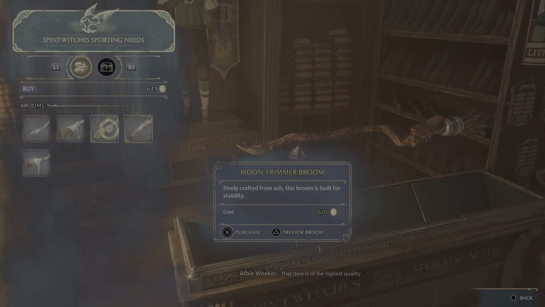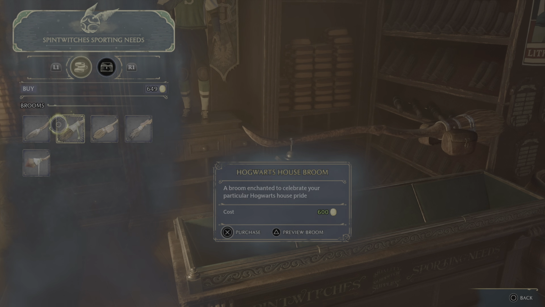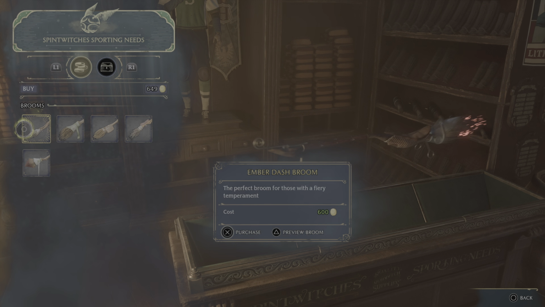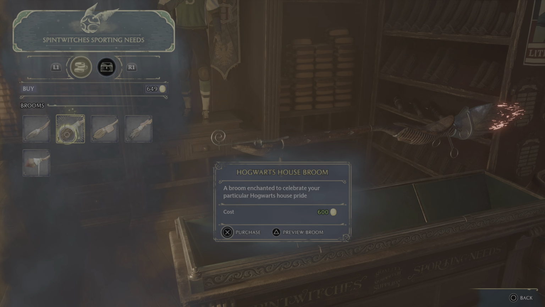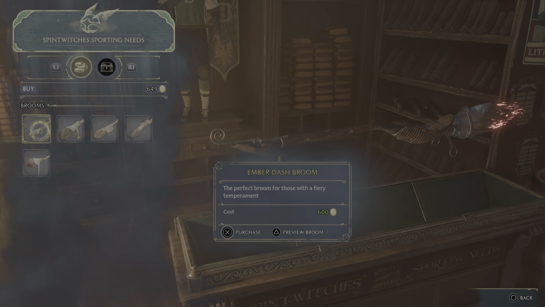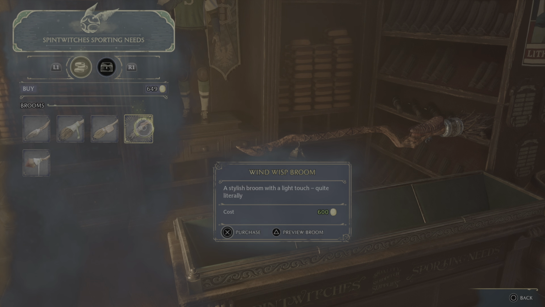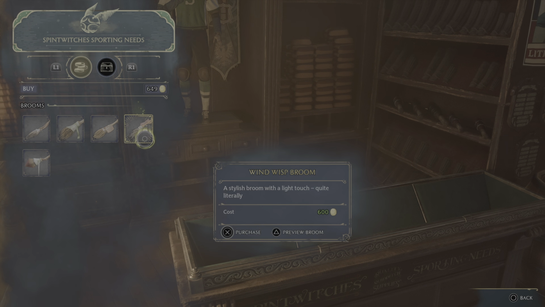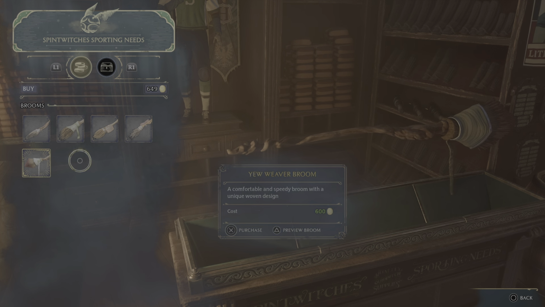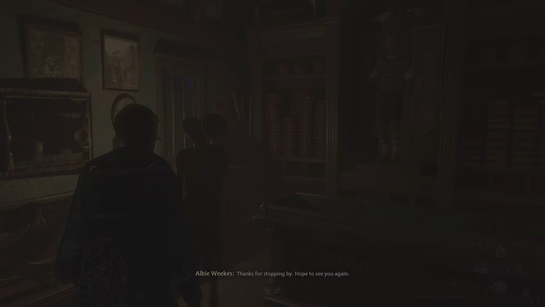That item is of the highest quality. It's this one, or... Yeah, I'm taking this one. You'll be thrilled with that broom, I promise you. Thanks for stopping by. Hope to see...